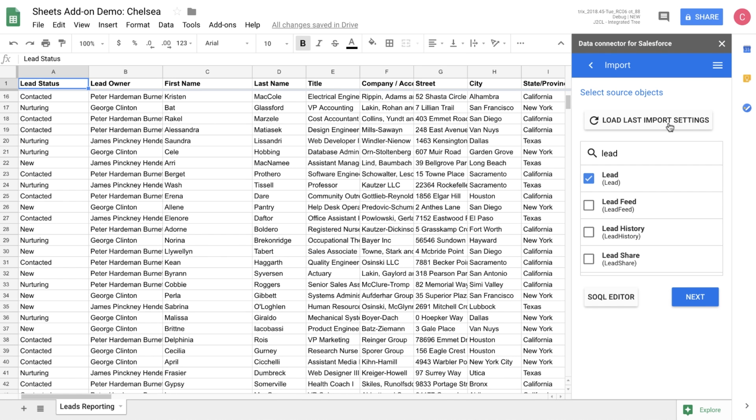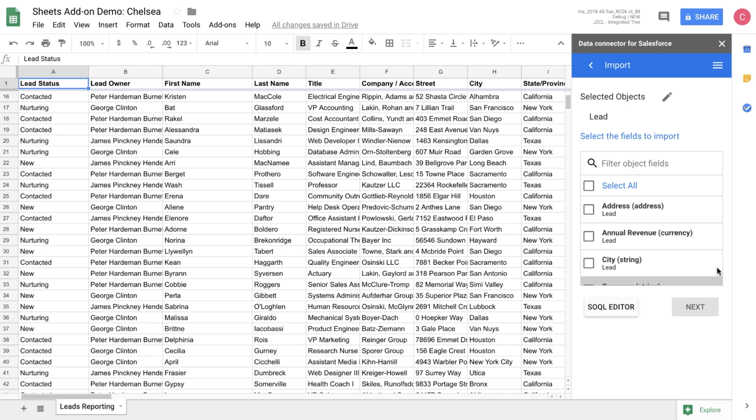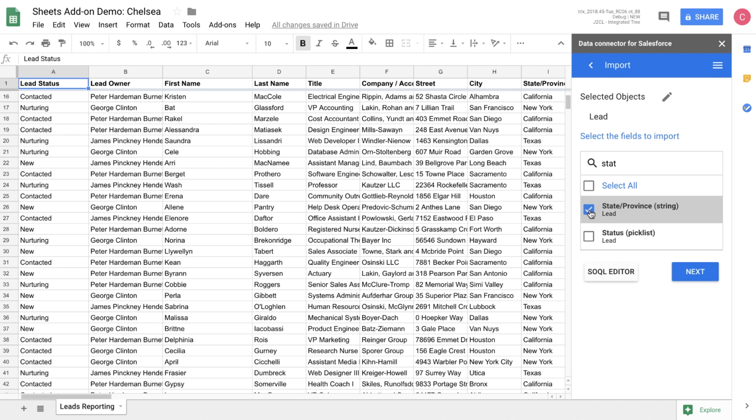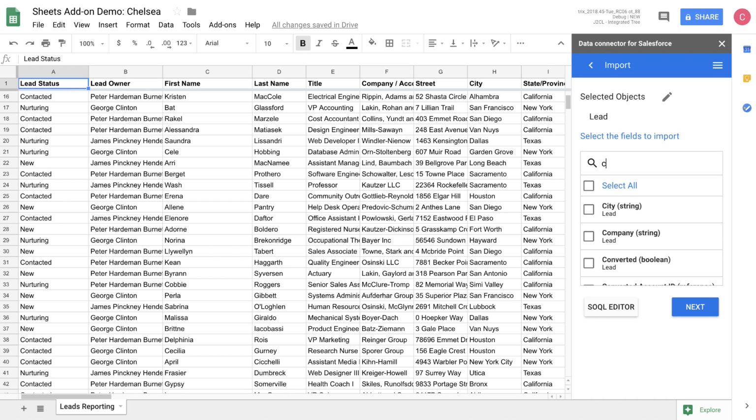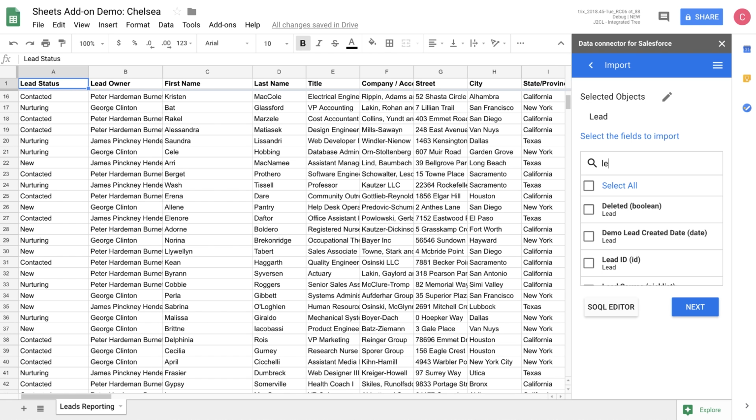With the lead object selected, let's go ahead and look at the fields that we can import from the next step. Here you can choose from the fields that are available for this object. Today we're going to be importing the state as well as the status. And this allows us to focus on the data set that we're most interested in changing. Let's also import the company name and the lead ID. The lead ID is very important because it allows us to know what object we want